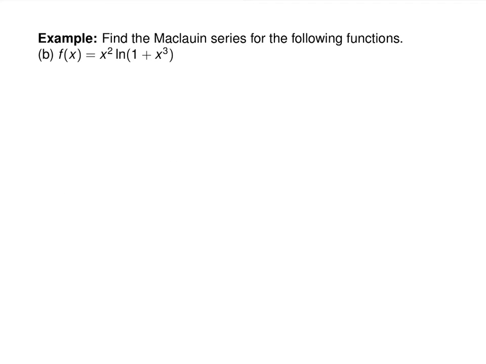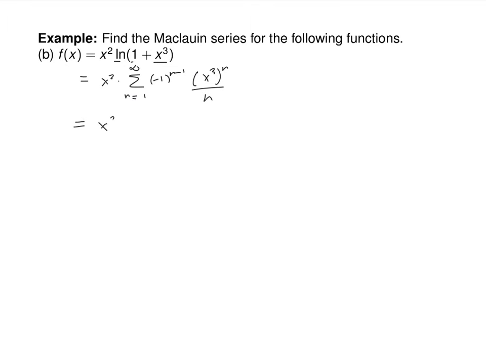All right, find the Maclaurin series for x squared times ln of 1 plus x cubed. So we have a Maclaurin series for ln of 1 plus just x. We can plug in x cubed for x. So x squared times the sum. Ln is the one series where they start it at 1. Negative 1 to the n minus 1 will be x cubed to the n over n,